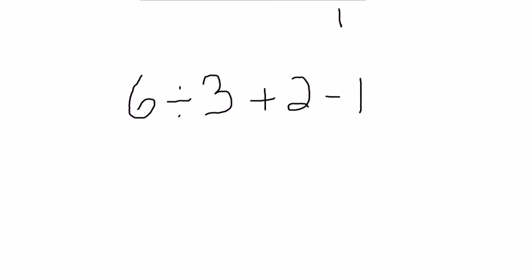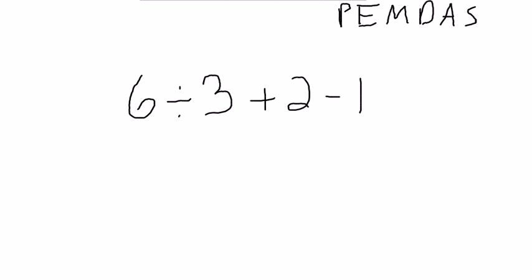Let's consider the simple expression 6 divided by 3 plus 2 minus 1. Now, when we have more than one operation within an expression, the order in which we perform these operations is very important. This is what is called the order of operations, often abbreviated as PEMDAS. The P, of course, standing for parentheses, E for exponents, M for multiplication, D for division, A for addition,